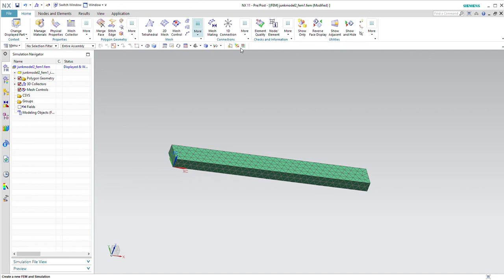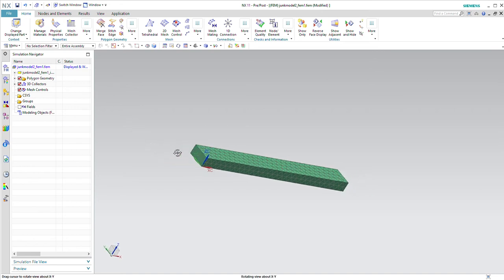So if I click on this, that swept mesh means I'm going to put this on one part of the body, and then it's going to copy it across the body. So I guess I'll just leave that as it is. I'm going to pick this face at the end,